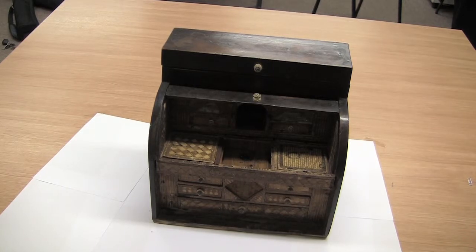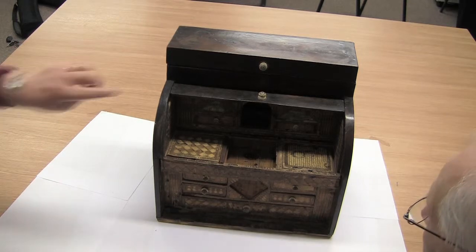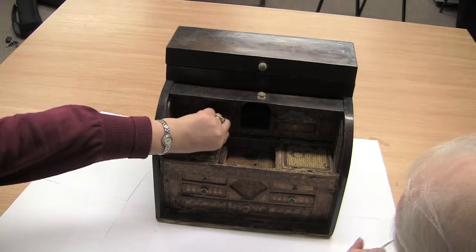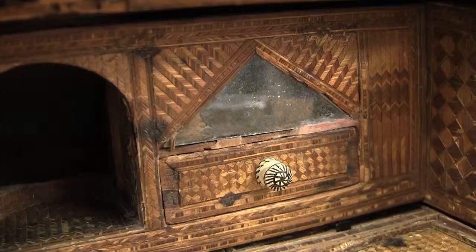Was it a test piece? That's another possibility, isn't it? Because they've even got glass in here, and yet it doesn't look as if you can get into that part. There's a little drawer underneath, but